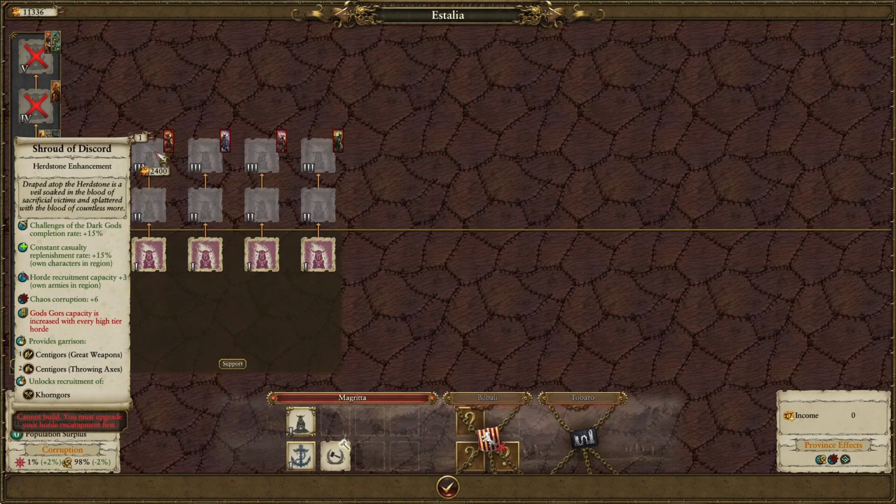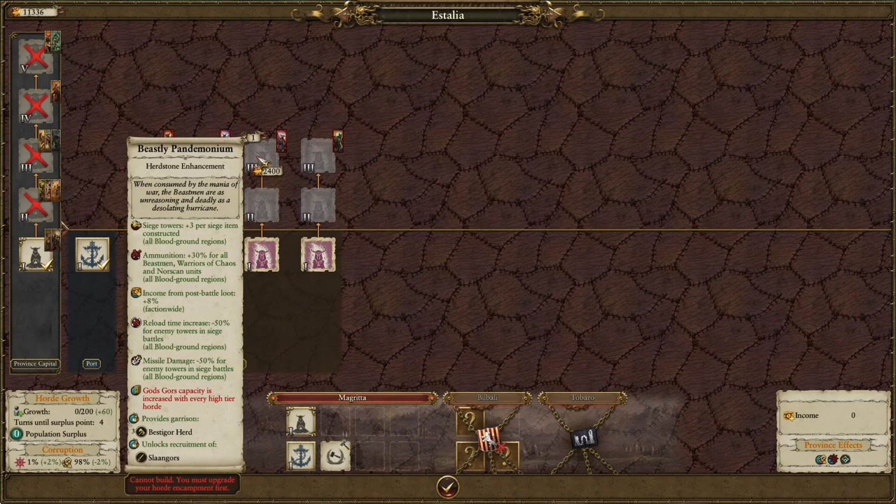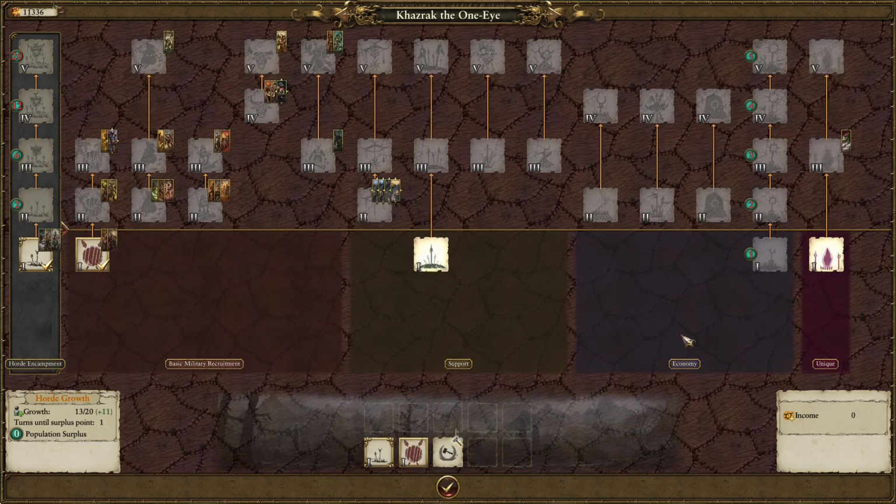Once you've unlocked a Godgor, you need to build a Herdstone building to unlock the recruitment of the Godgor. Each of the different Herdstone buildings unlocks a different Godgor. And speaking of buildings, there's also a couple of new Horde buildings to give your armies some bonuses on the